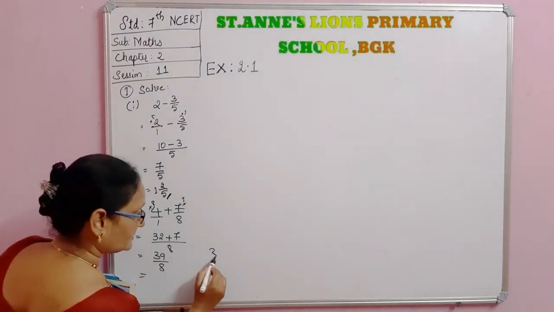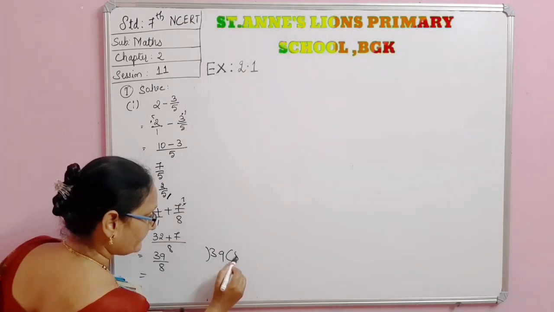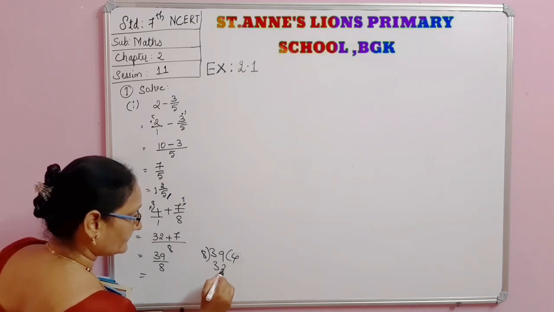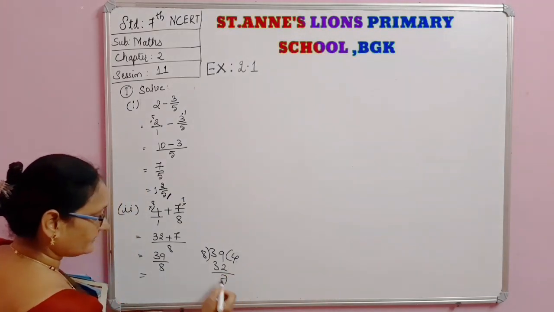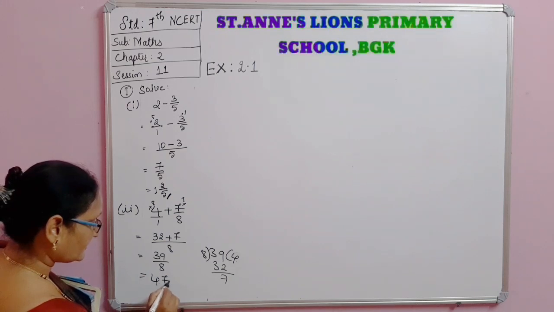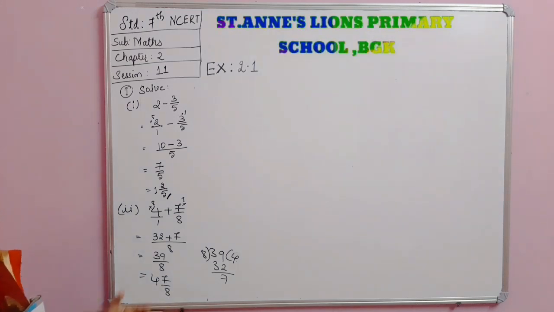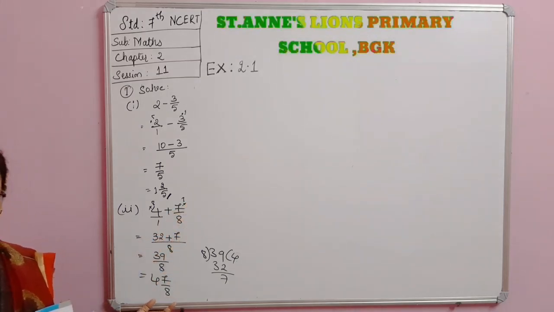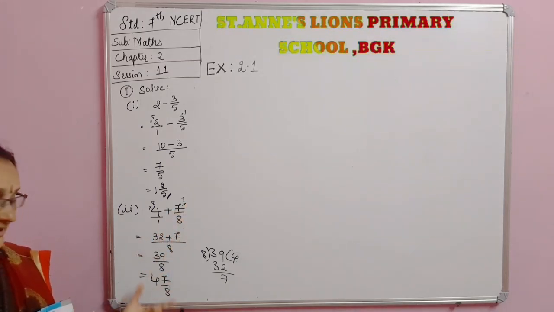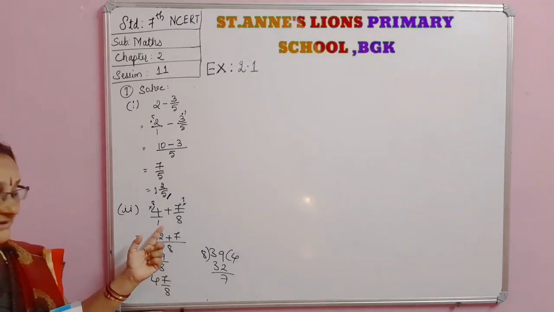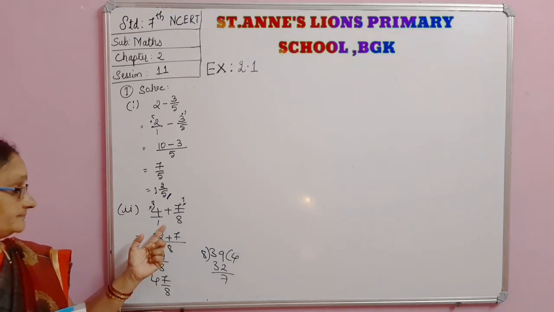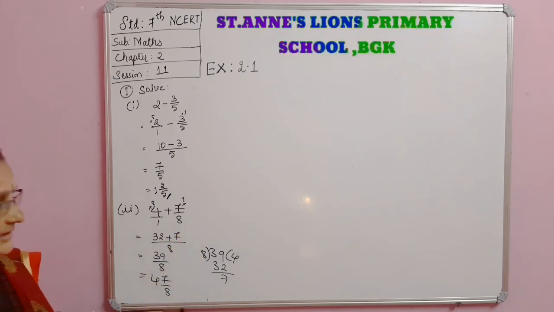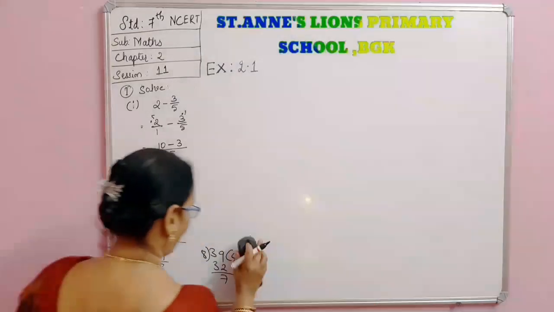39 divided by 8. See here, you have to get it like this. 8 fours are 32. Here 7 remain. 4 integer 7 by 8. Here see, 4 plus 7 by 8, directly you can write it. But why have I done it like this? You must know when there is no number in the denominator, how to take the LCM, how to add the sum and all. You have to understand. This is the second problem.